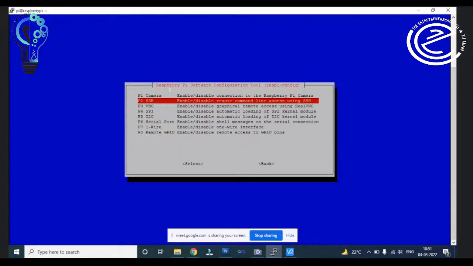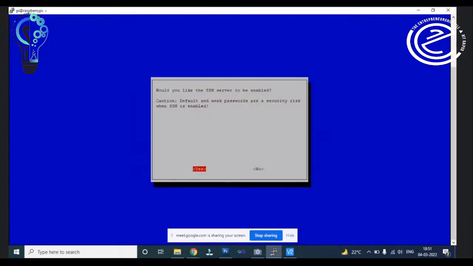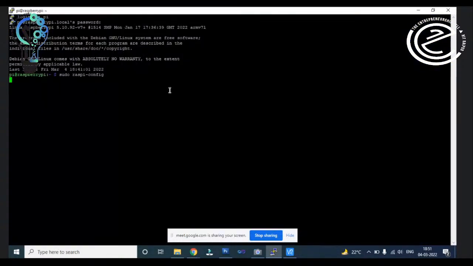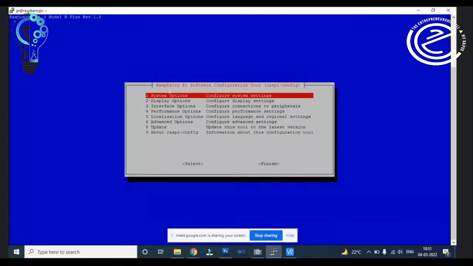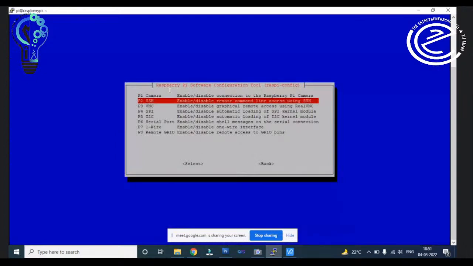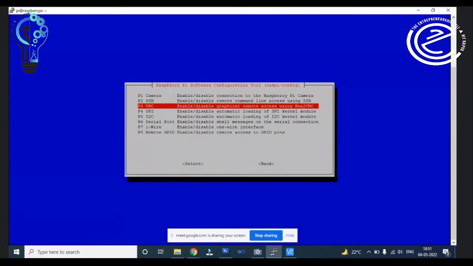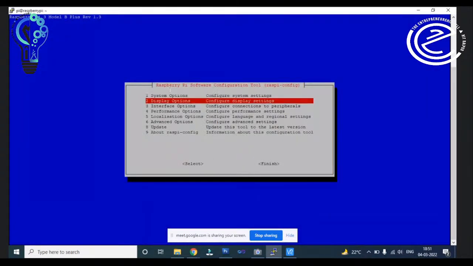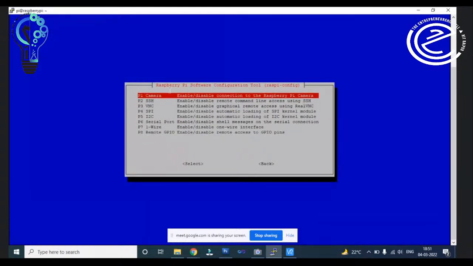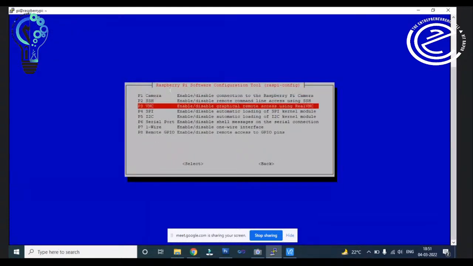We have SSH option. So we need to enable this SSH also. So just click enter and you can click like this. Then it will enable the SSH server, right? Then again go to the interface option. You need to enable VNC server also. Then only you can use VNC Viewer. So just click on it and click yes. Then it will enable VNC server also. Again you can go to the interface and you can see camera, SSH, VNC all are